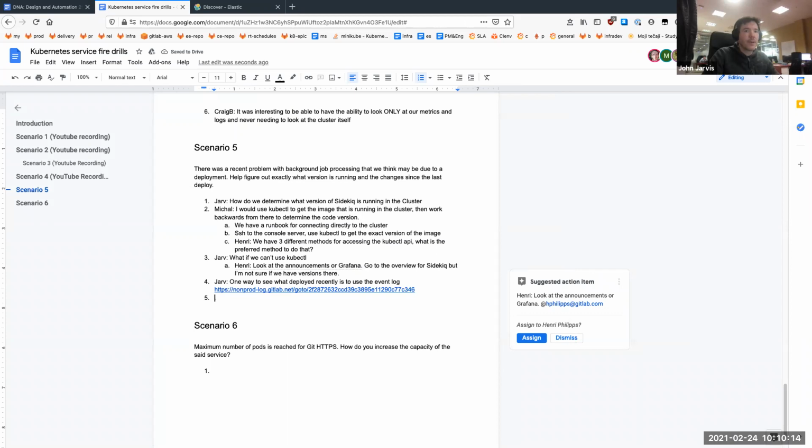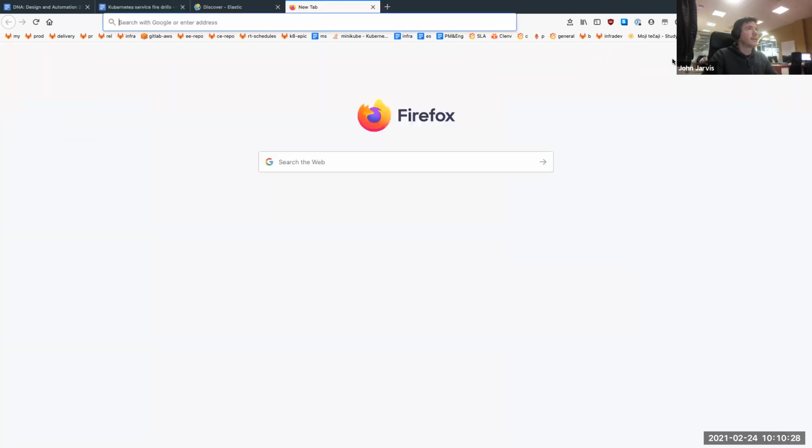I think we can improve. Obviously, the best way would be just to go to Grafana to see. You have annotations, but they're not really easy to look at. If you want to look at Sidekick specifically, and just let me know if my screen is still sharing,